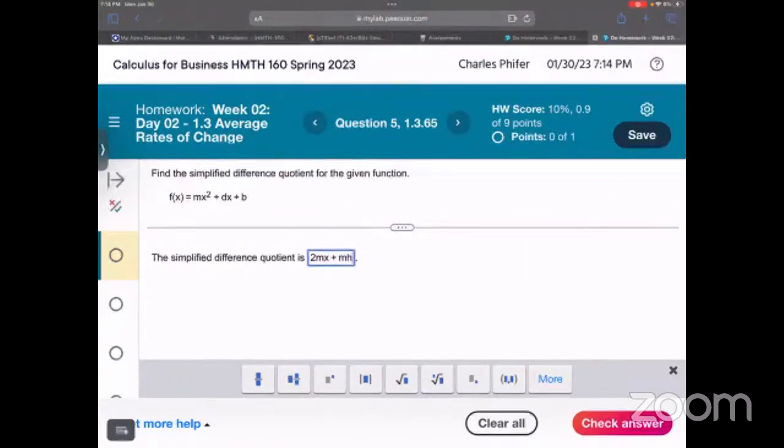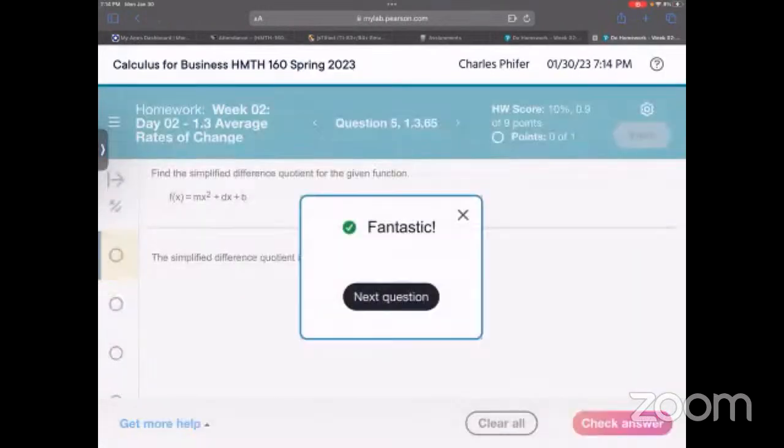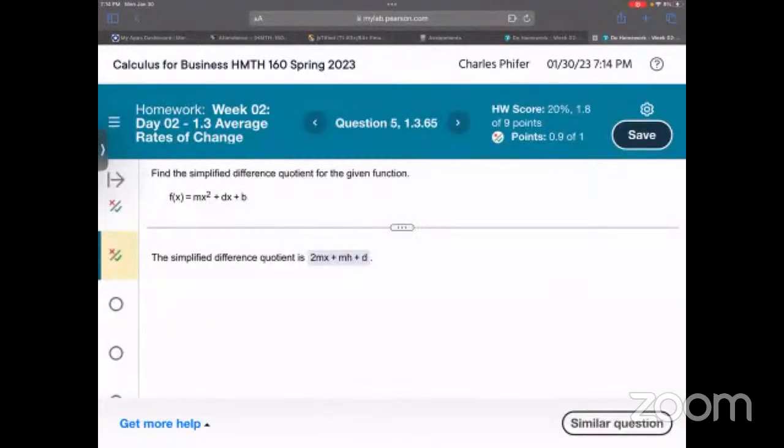God is good all the time, right? It's no joke. But I don't want you guys worrying and stressing about this stuff. Just do the best that you can. I did unlimited attempts on these assignments on purpose. I did a minimal late penalty on purpose because I want you to take your time, but move at a steady pace and minimize your stress. Because if you let the experience just run wild, you're going to be stressed out, right? I'm trying to minimize that stress. I'm not here to stress you out. I'm here to get you through this content.